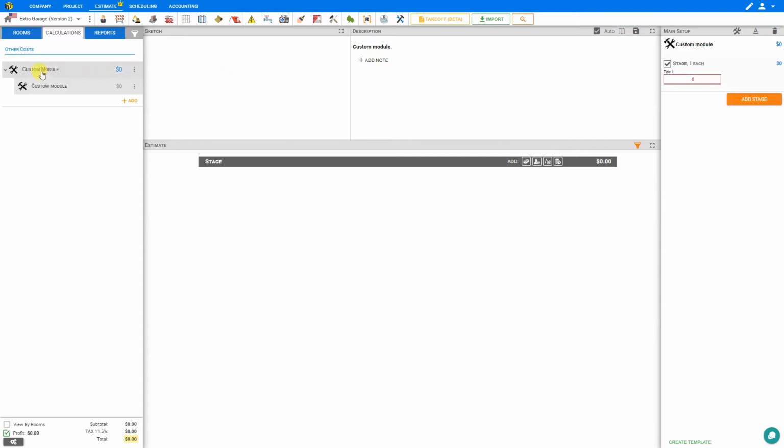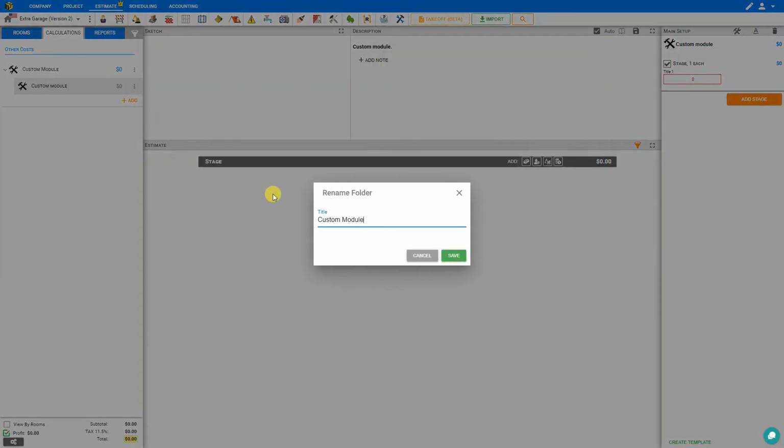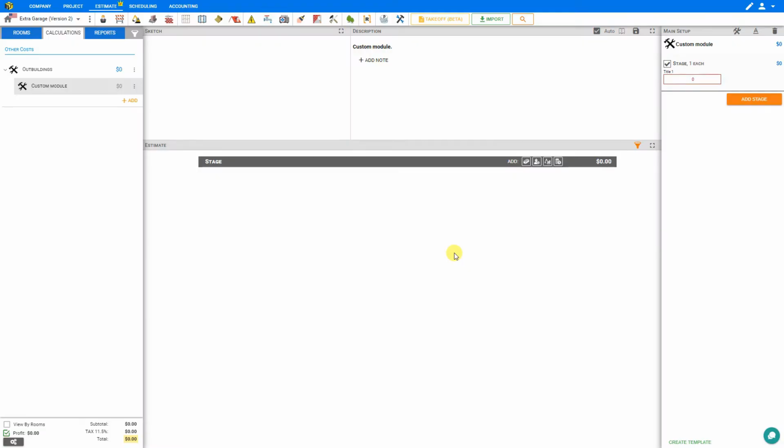So to start off with, let's rename our group folder. Here we'll click the three dots, and rename. And we'll change the title of this from Custom Module to Outbuildings, and save. Next, let's rename the module itself. And we can do that either by clicking the three dots here and selecting Rename, or we can just go to our main stage and retitle that here. Let's call this one Garden Shed